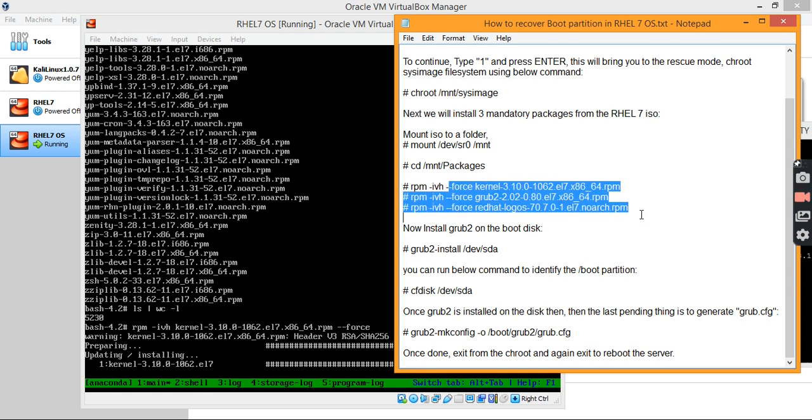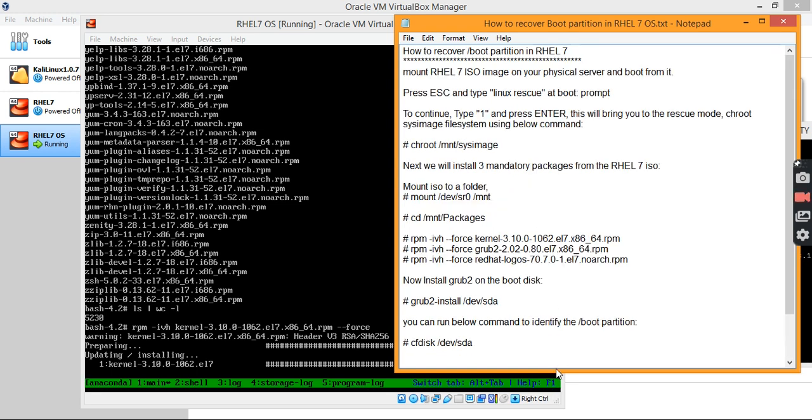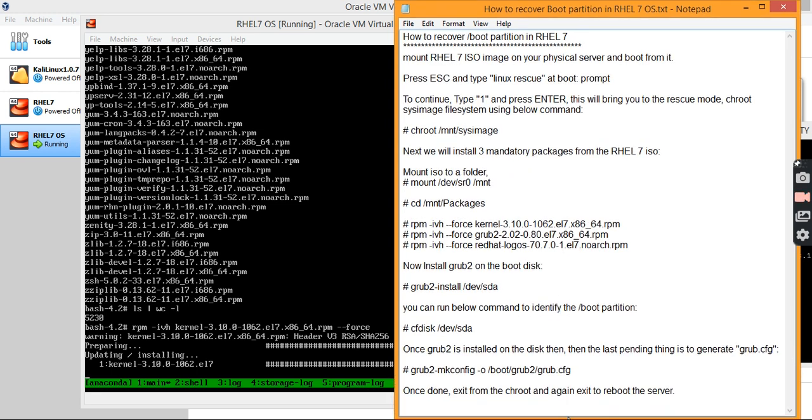So these three packages will generate all the required objects into the boot directory for a smooth boot of this machine. This is the entire process.